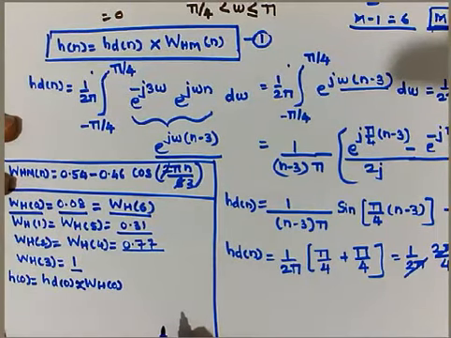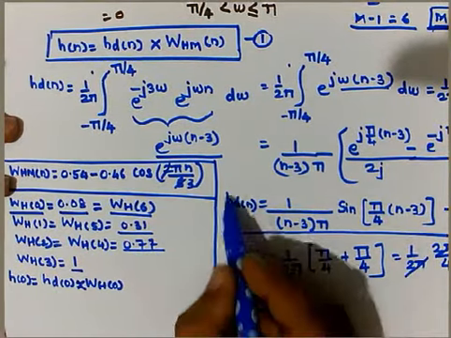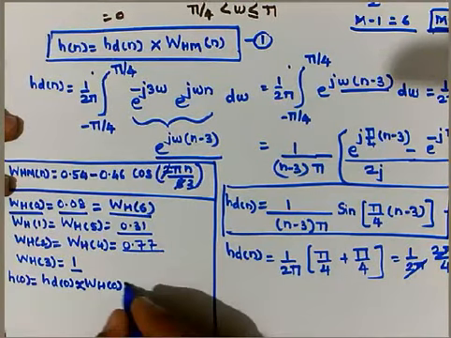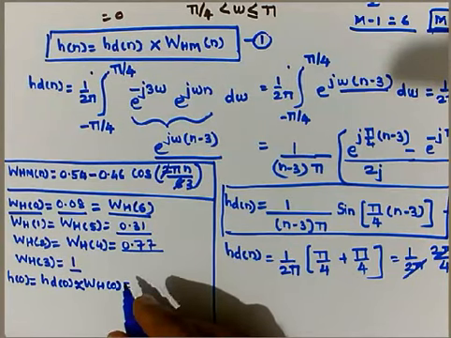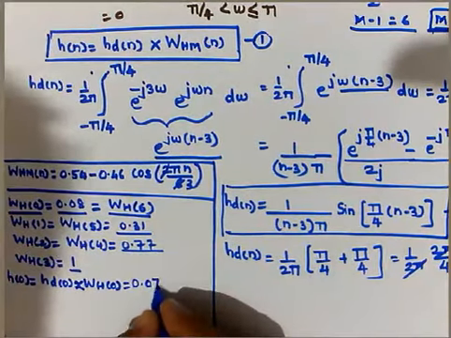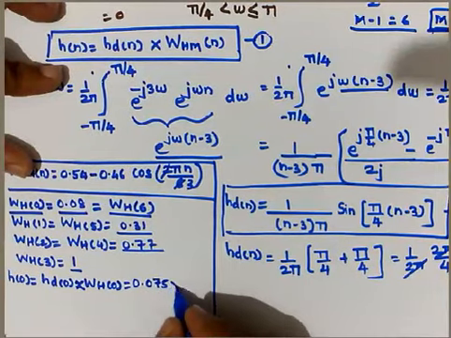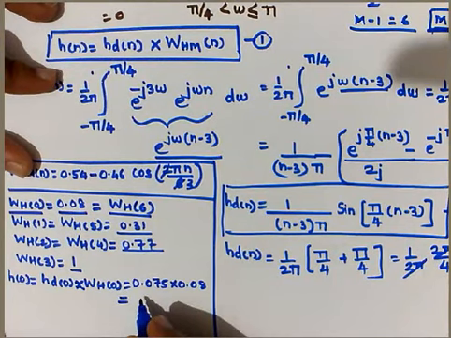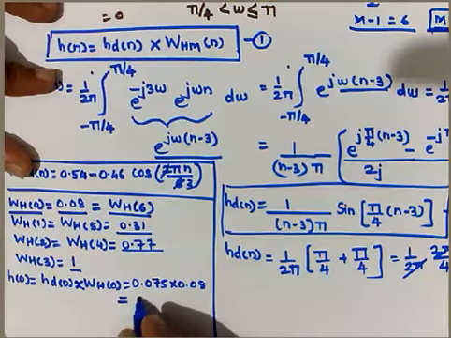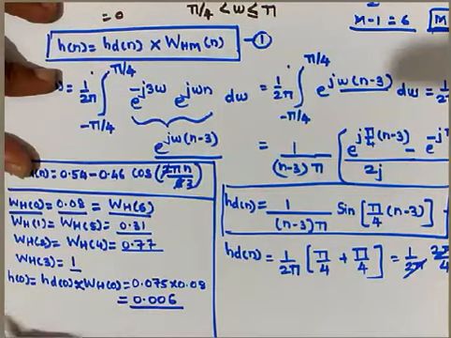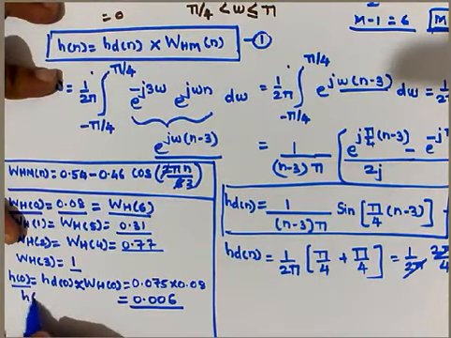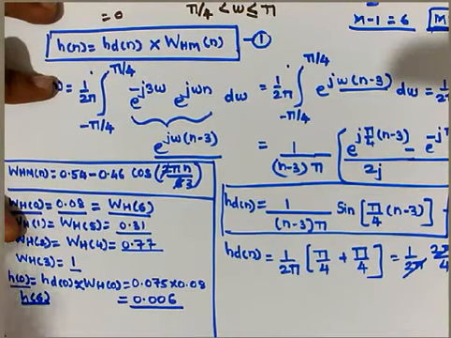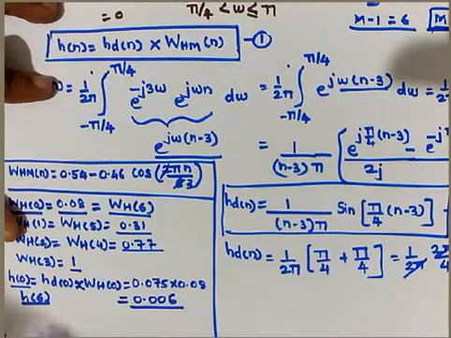So for calculating hd of 0, in this particular equation put n equal to 0 and you will get the value of hd of 0. So it is coming 0.075 into 0.08, that is what WH of 0. So this value is nothing but actually the value 0.006. So this is how the same h of 0 is applicable for h of 6 also. So these two values are same. So this is where we calculated the h of 0.